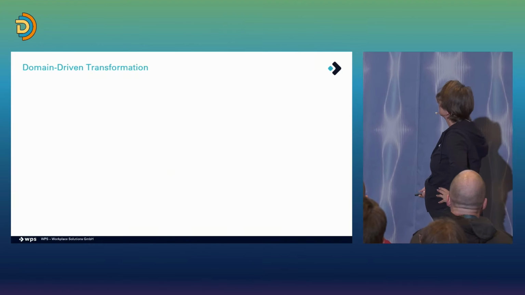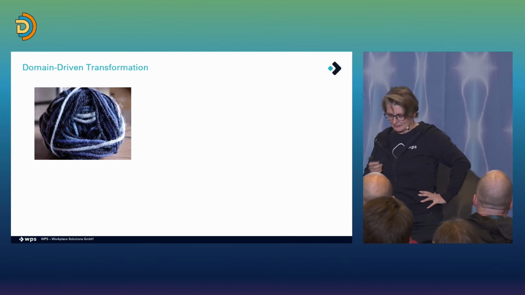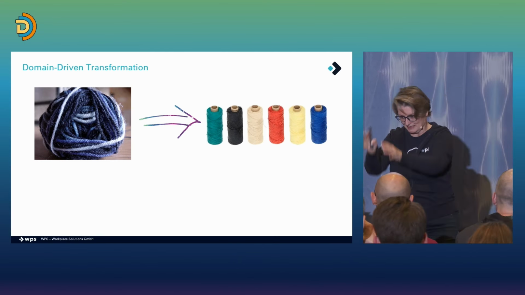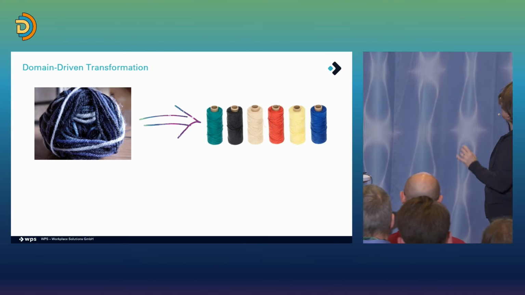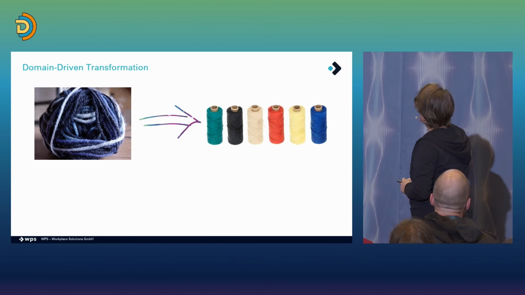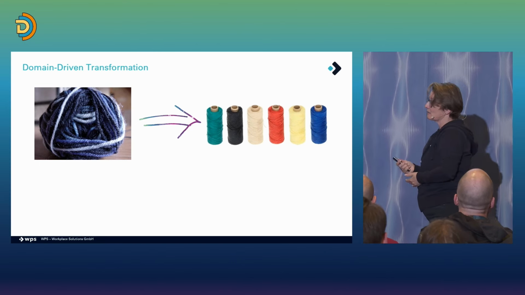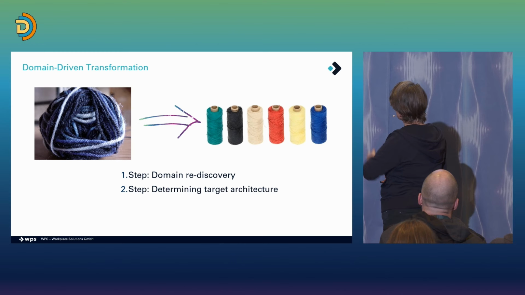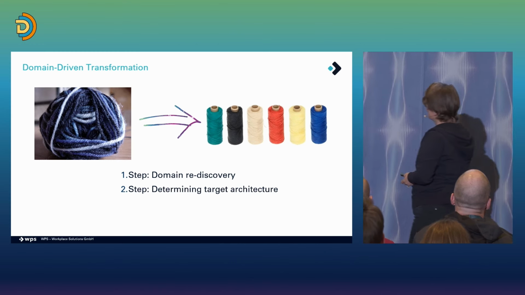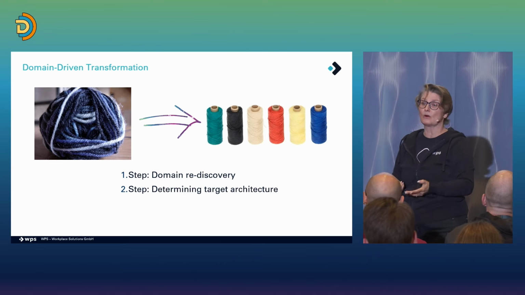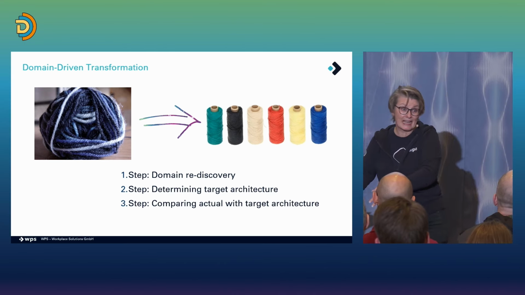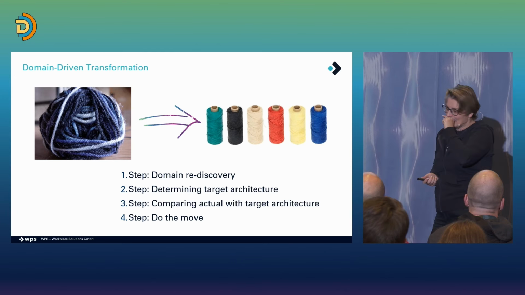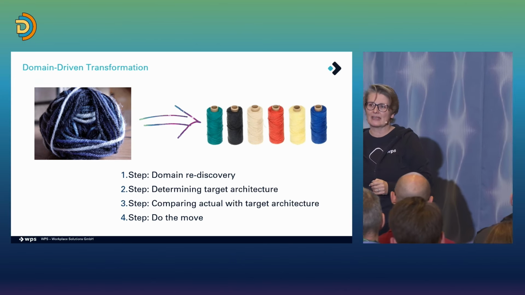And we tell them, listen, you have a big ball of mud, and where you want to go is this. You want to have different single modules that have clear colors and are separated from each other. And then we say, our transformation process works like this. You start with domain rediscovery. So we have to rediscover the domain. I will show you what this means. We will determine the target architecture, so we have to find out where to go, what's the goal. Then we have to compare what you have now with the goal, and then we're going to do the move. And I'm going to show you these 4 steps with a very small example